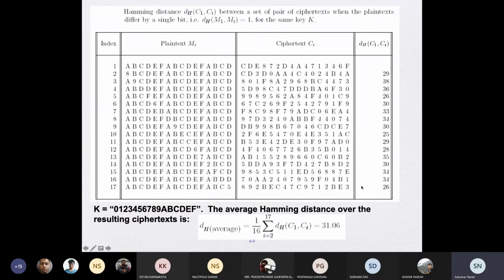This is one example, and if I average it out over 16 cases, my Hamming distance average is 31.06. So this is talking about diffusion because the key is fixed. The diffusion avalanche effect is 31, very close to 32, because 64 is the block size.